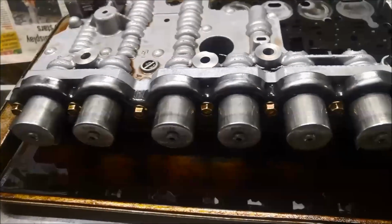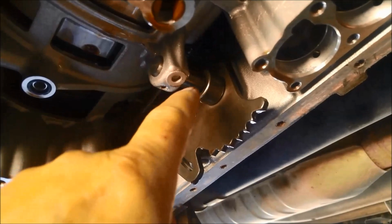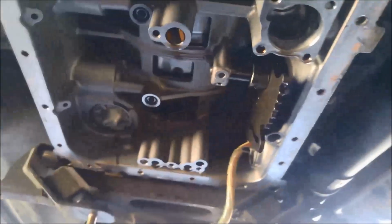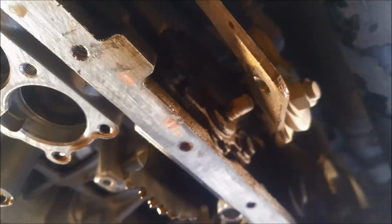We can move on to now replacing the O-ring on the selector shaft. So there's the shaft that we're talking about. We've got to knock this little pin out, there'll be a little pin there, knock that up. And we're going to first undo the inhibitor switch or the range sensor, and then that shaft can just come out this way. I think it just comes out. Sometimes they do go in as well, and there'll be just a little O-ring on that. Taking the nut off,